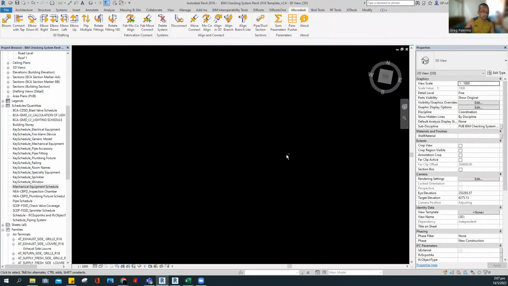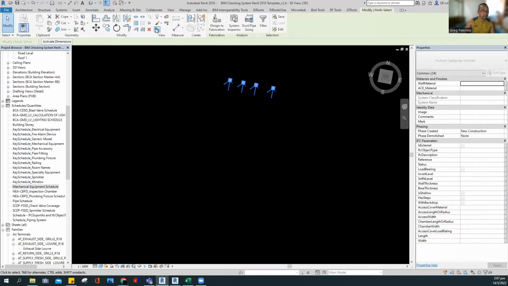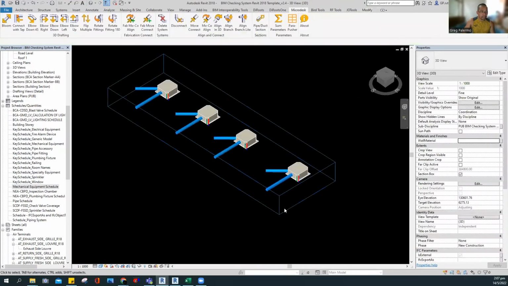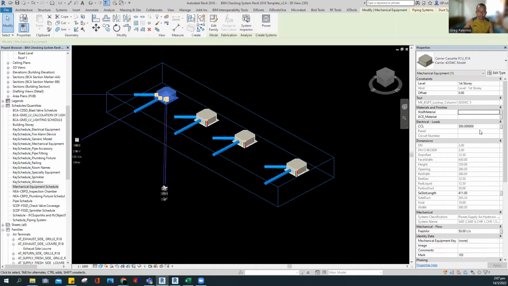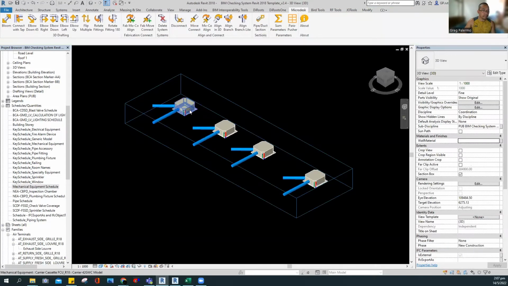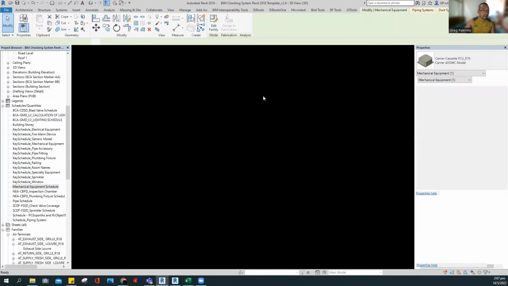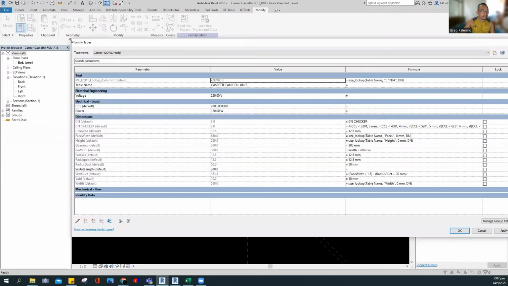What else? So okay, I think I did not create the shared parameter for cooling capacity. So we have to edit the family cooling capacity. So edit family. Check the cooling capacity. Okay. So